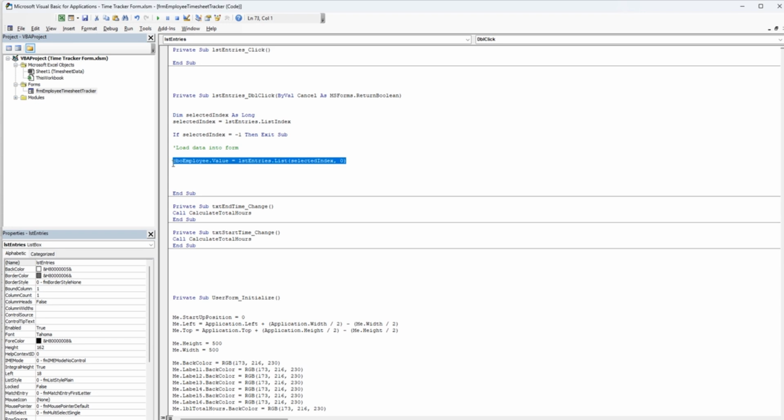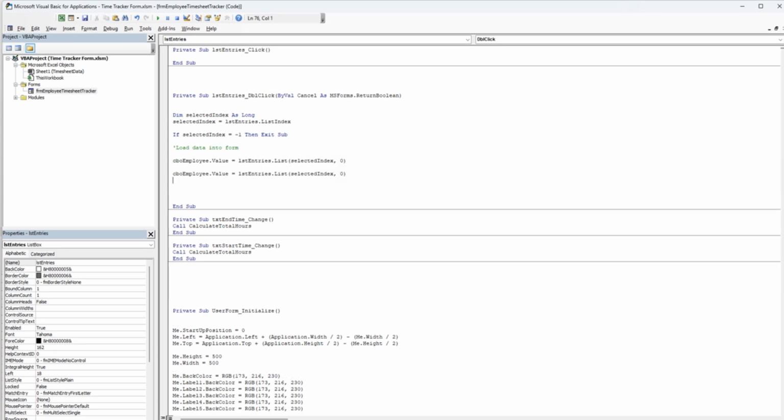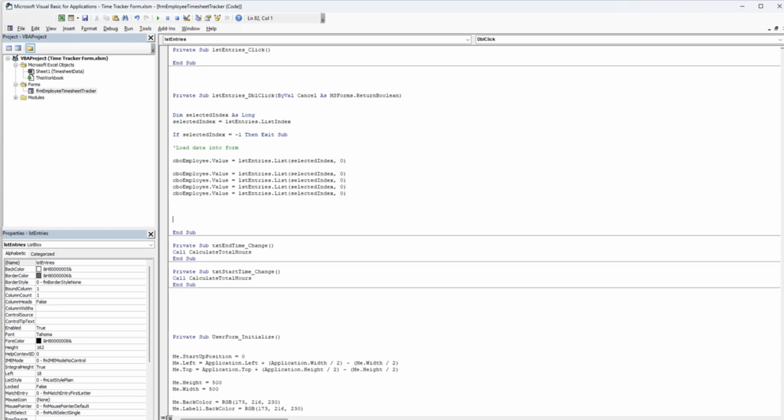And now we copy paste this down. So this will be 1, 2, 3, 4, 5, and 6. And this one will be txt date. Then we have txt start time, txt end time,